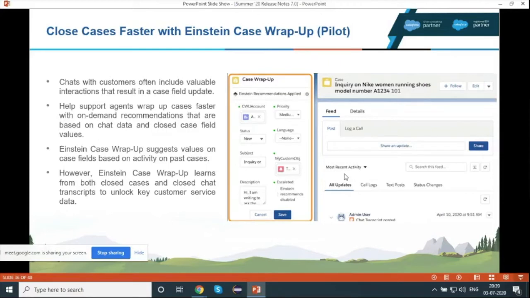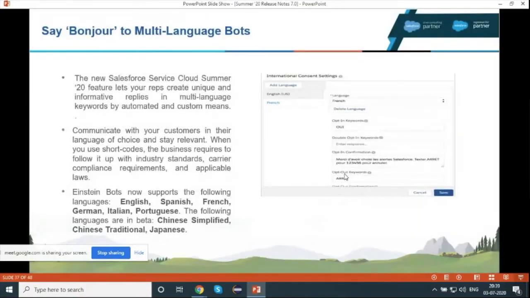But in Lightning, there is no such feature available. If we want to implement this kind of feature, we need to create a quick action. But now Salesforce gave you this little component called Einstein case wrap-up, which can be put on the case page layout, and you can use this component easily to close your case.